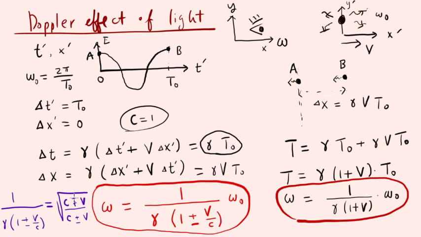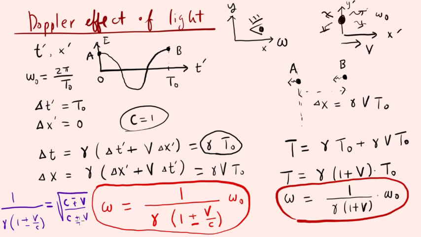So the signs upstairs, minus here, plus there, correspond to the case when the source is moving away from you, and plus sign here and minus sign there, the signs downstairs, correspond to the case when the source is moving